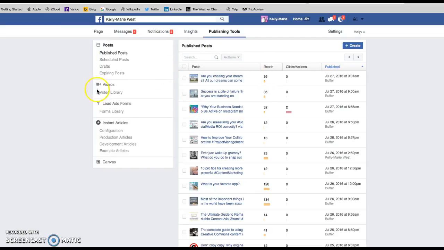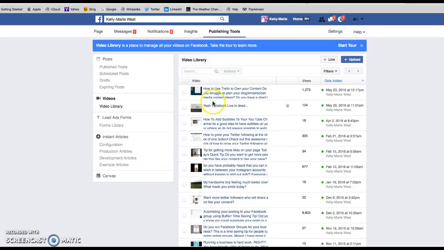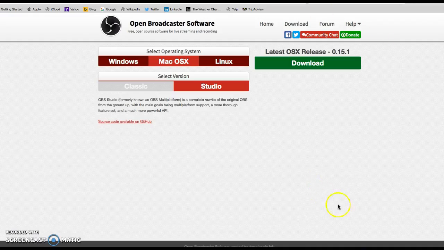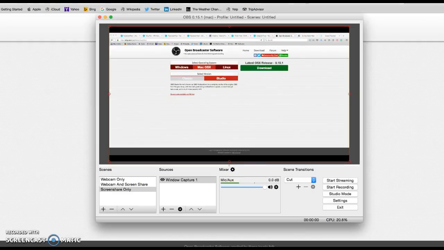So here, what you need to do is go to Videos. And as you can see here on the right, you have a live button. Now, what you need to do in this part of it is get the actual code that you need for the OBS to talk to your particular Facebook. I'm not going to go into it because what you need to do is actually put in your specific